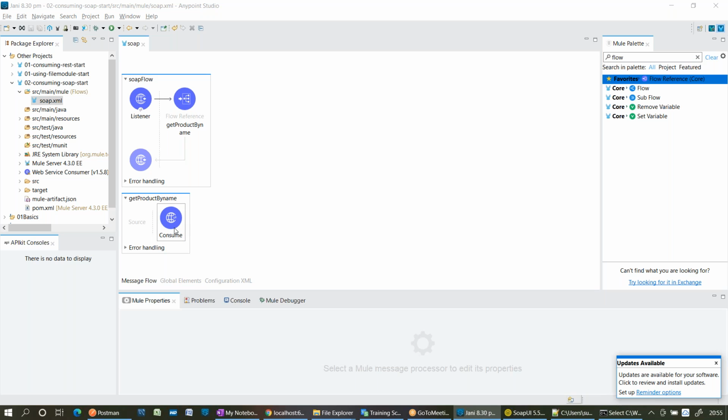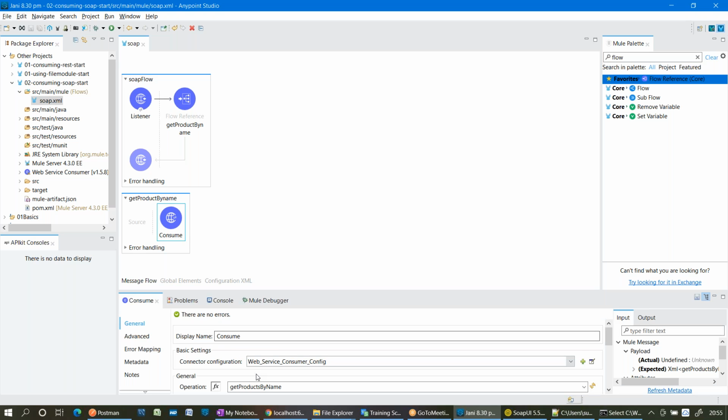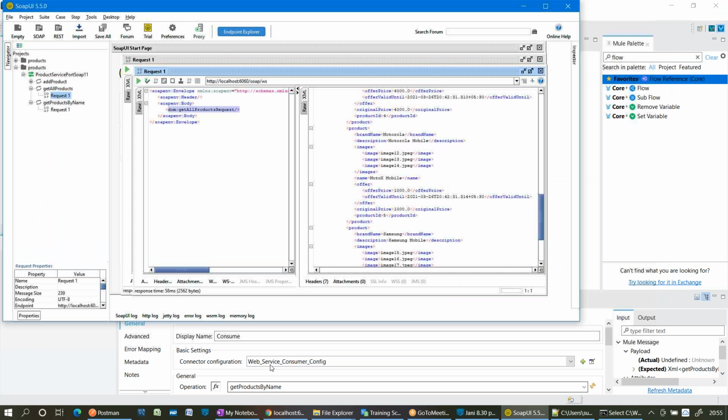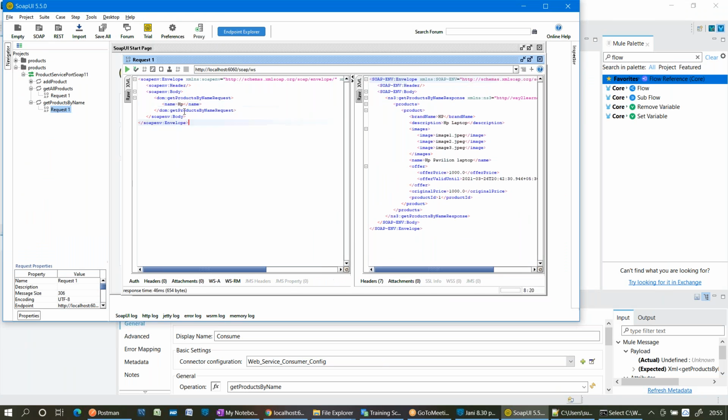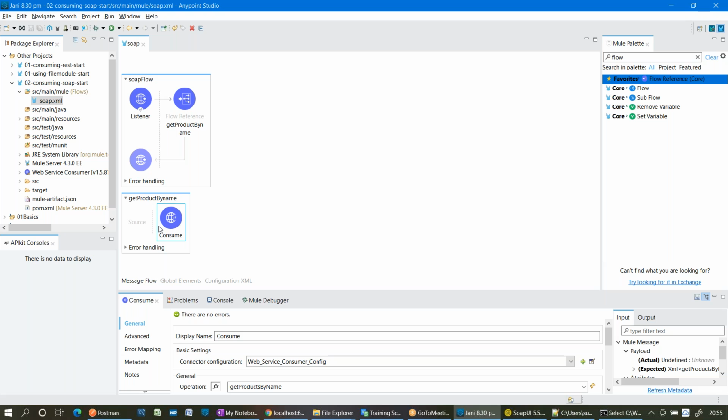Only the attributes. But my consume connector is consuming a SOAP application which is expecting input parameters dynamically from the attributes. So I need to fetch that attribute value from the query parameter, and then pass that input in which format? XML format. How can I extract those attributes, convert them into XML format, and then give that XML as an input to the consume connector? That is the challenge. Two ways we can do it.